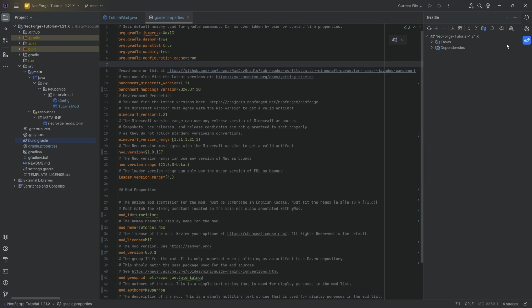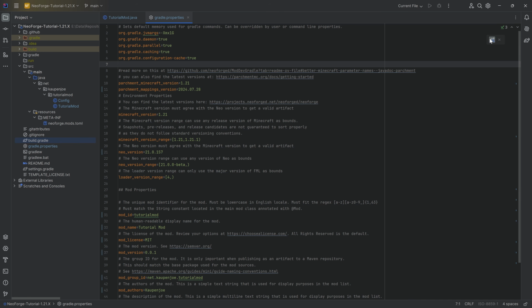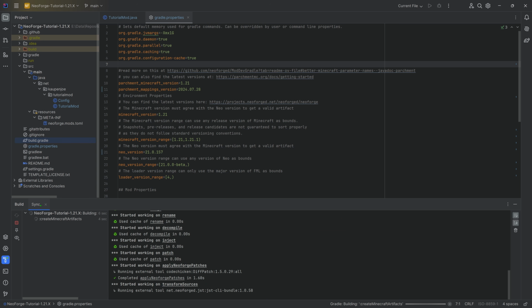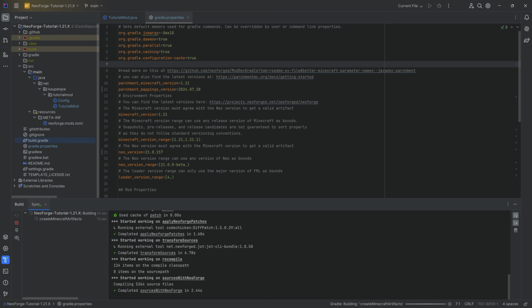If it doesn't appear, you can go to the Gradle and simply reload all Gradle projects. That's also going to be fine. And then once again, it's going to build something, download a couple of things. This might take anywhere from a couple of minutes to a couple of seconds. Anything in between could be the case. Usually should be fine, but there you go. So just be patient, let this run through, and once we get a build successful, we can proceed from there.